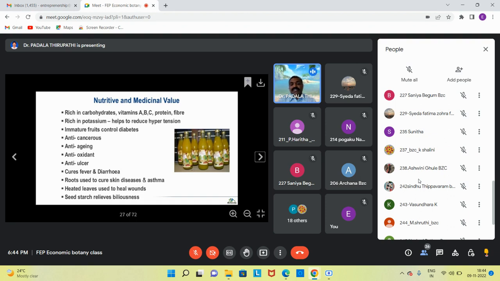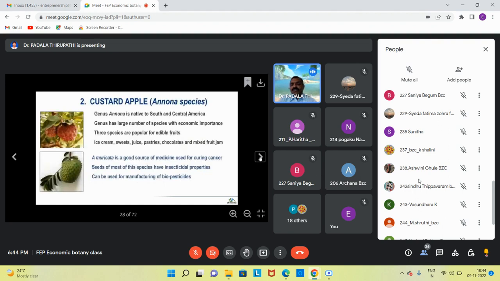Roots are used to cure skin diseases and asthma, heated leaves are used to heal wounds, and seed starch relieves biliousness. And my dear friends, due to this rich medicinal and nutritional value, we can consume that jackfruit. And one of the next important fruits is custard apple, Annona of the Annonaceae family, Annona